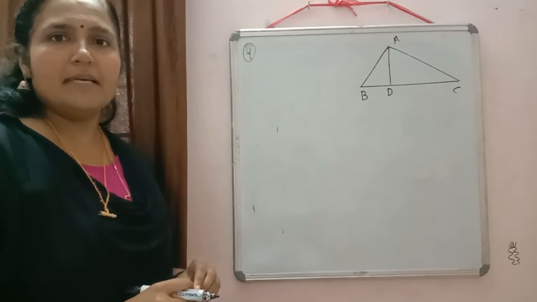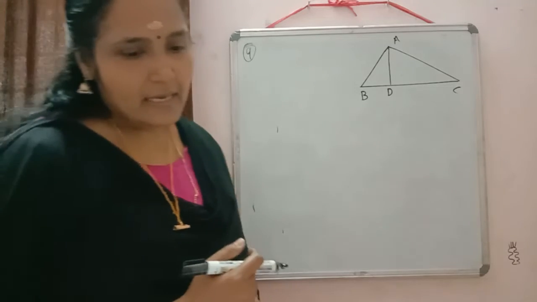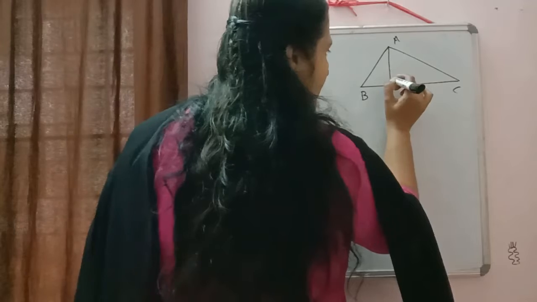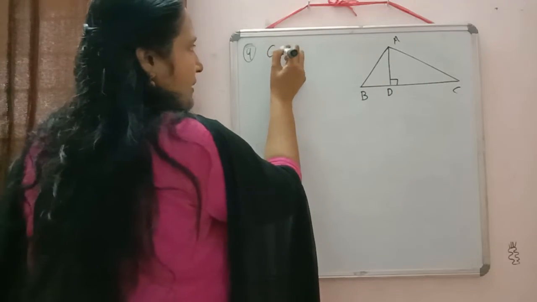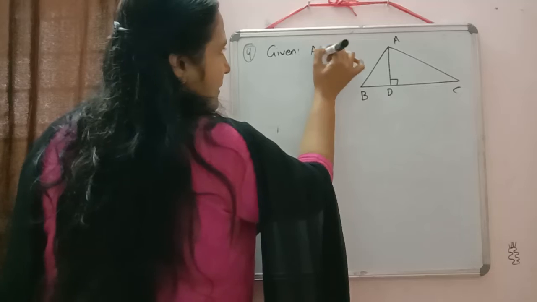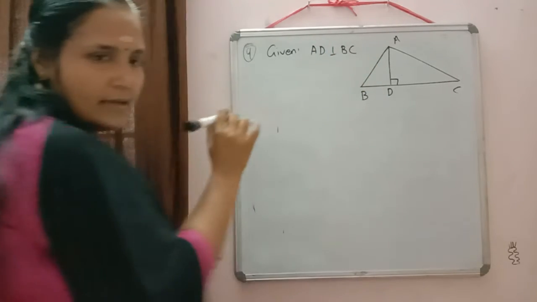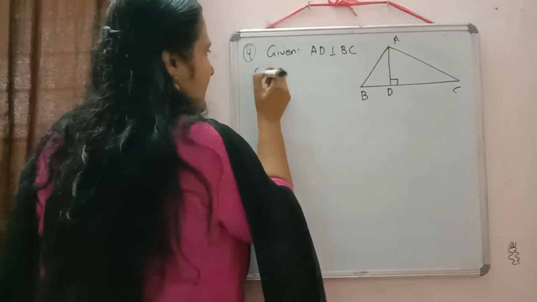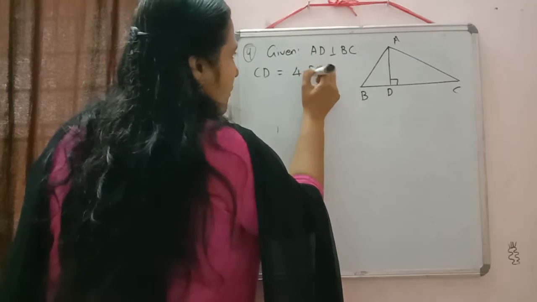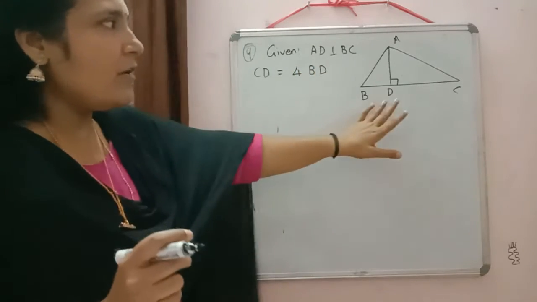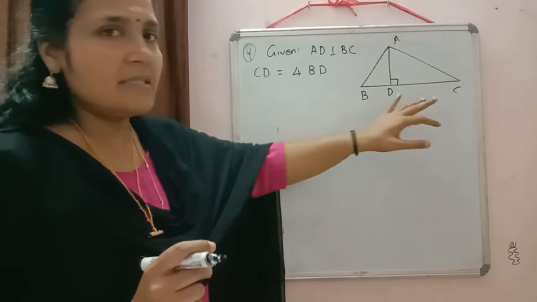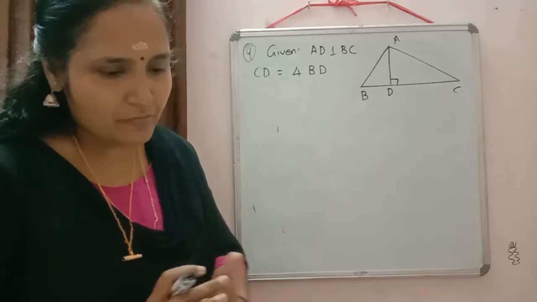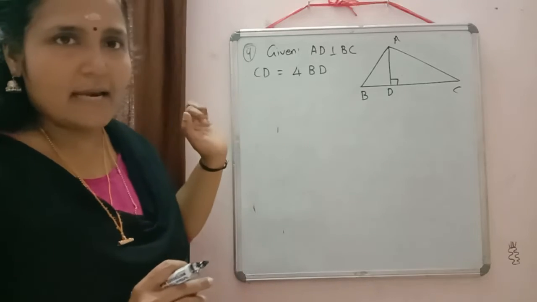In triangle ABC, you can check the question. It is given, in triangle ABC, AD is perpendicular to BC. That is already given. So just write down here, given: AD perpendicular to BC, and then what is the condition given? CD is equal to 4 times BD. So the length of CD is 4 times the length of BD. That condition is also given. What we have to prove is already written in the question, so I am not writing it again.